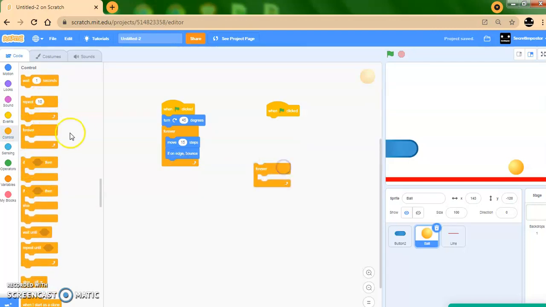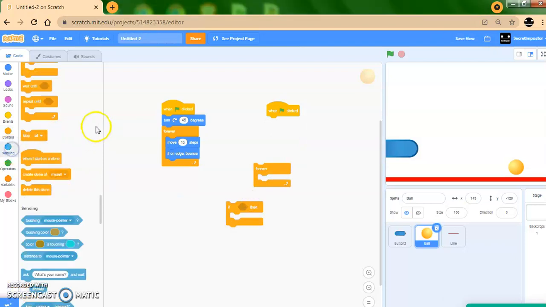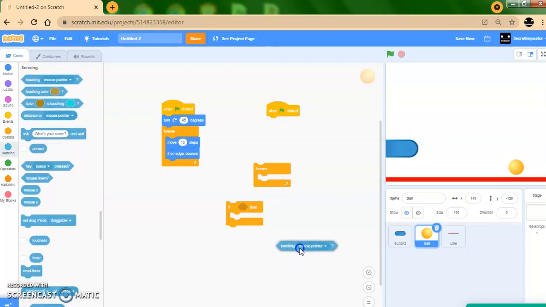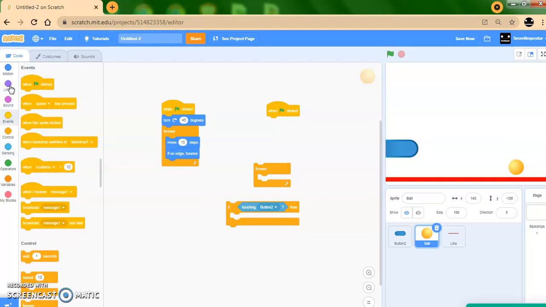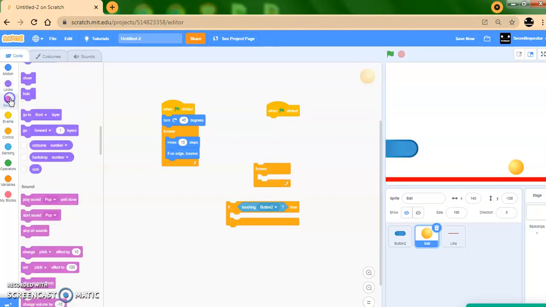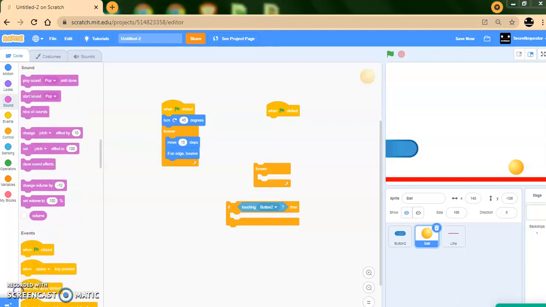So we just get that out there. Okay, so we got to put if touching paddle, which means right now is button 2. So let's go button 2. If touching button 2, turn 100 and move, or turn, let me. Okay, so what we gotta do is if touching button 2, we have to move